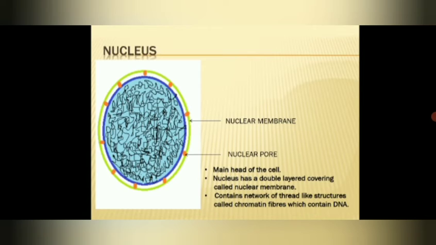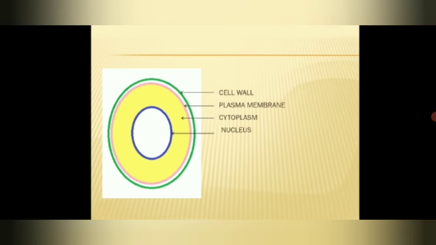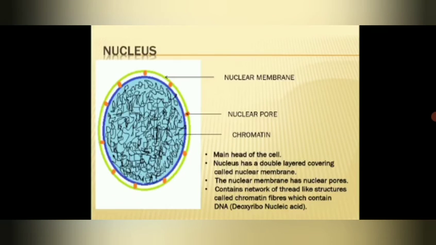See, I have taken out the nucleus from the cell. In the previous slide you saw the cell, right? So this is a cell and I have taken only this portion, this blue portion, outside. Okay, and we are looking inside this nucleus. See here, this blue ring is nothing but a nucleus.